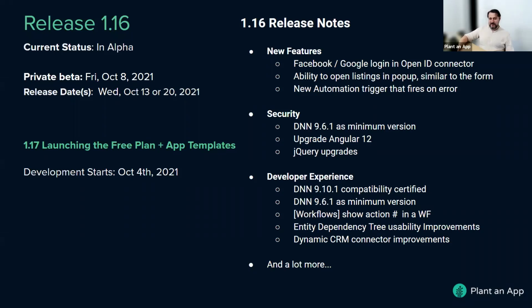Cool. And I mean, these are just the high-level items. There are a lot more improvements that we've made, some related to the developer experience, being able to debug much easier, workflow numbers, action numbers, for example, in workflows.